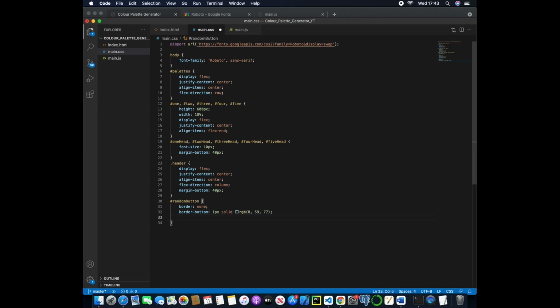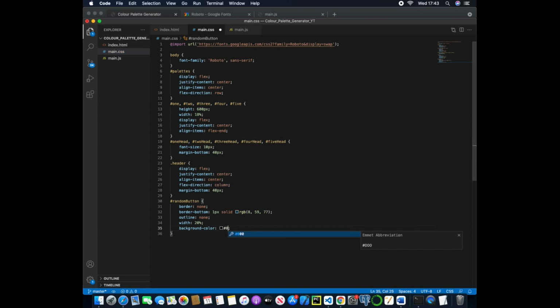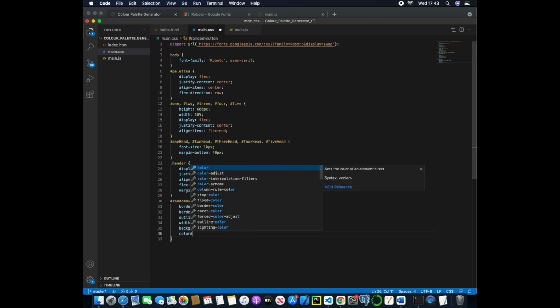And we'll just say outline will be none, width will be 20%, so 20% of its parent node, which will be the header. And then we will change the background to be the value of white, FFF, and then we'll say color will just pass in the black,